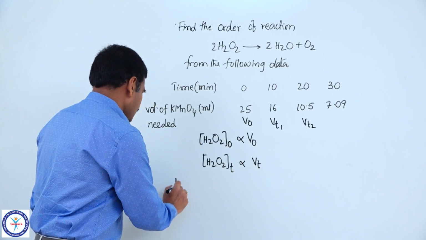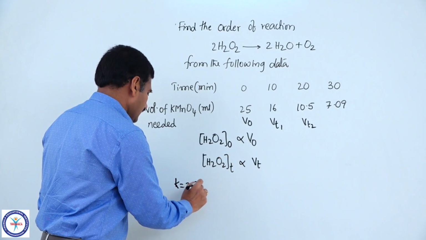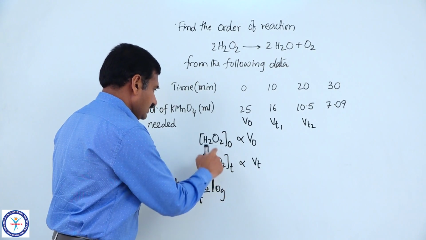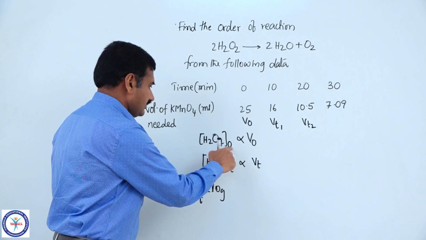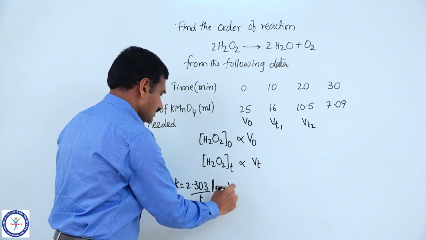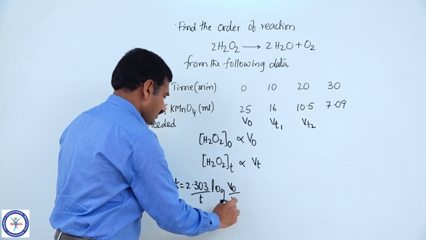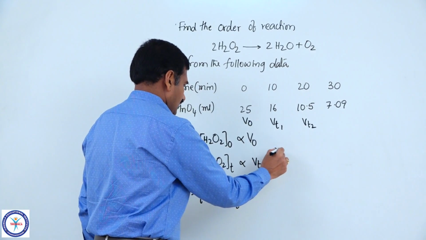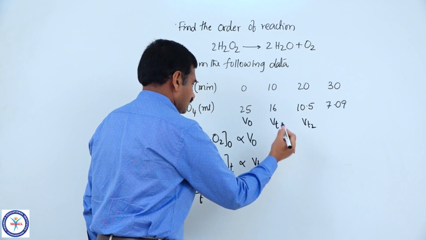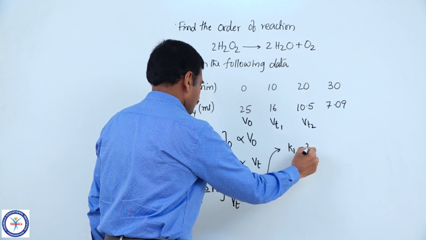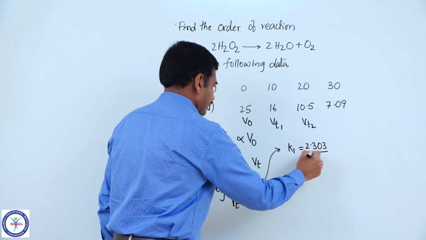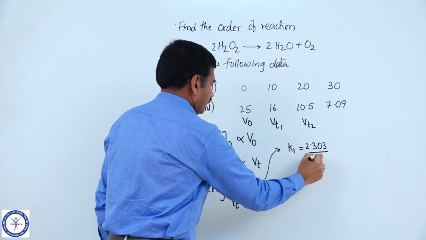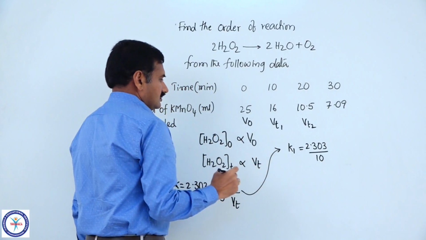Therefore, the equation is K equal to 2.303 by t into log of H2O2 concentration at time 0, proportional to V naught, divided by Vt. At different times, find out the rate constant value. K1 equal to 2.303 divided by the final time, 10 minutes, into log